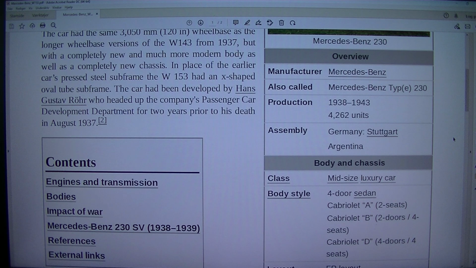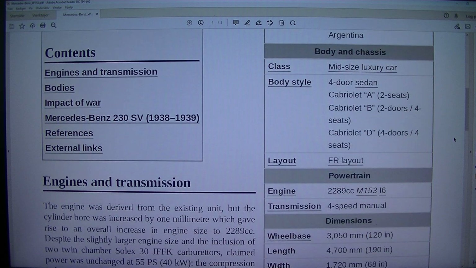Body and chassis: midsize luxury car. Body style 4-door sedan, cabriolet, 2 seats, cabriolet B, 2 doors/4 seats, cabriolet D, 4 doors/4 seats. Layout FR. Powertrain engine 2289 cc 153 i6. Transmission 4-speed manual. Dimensions wheelbase